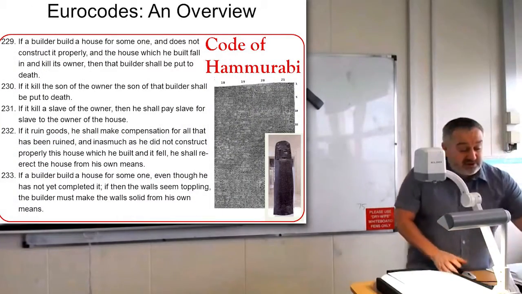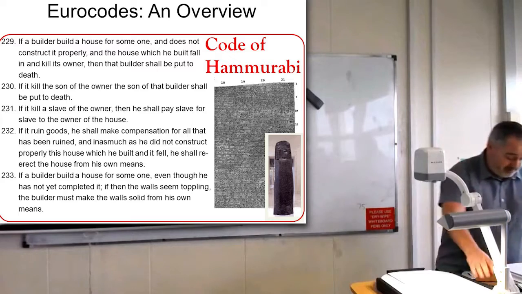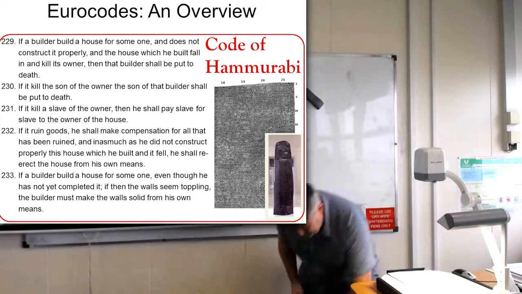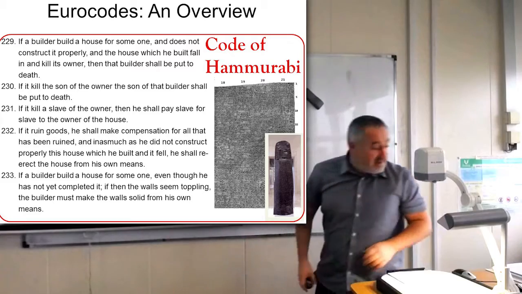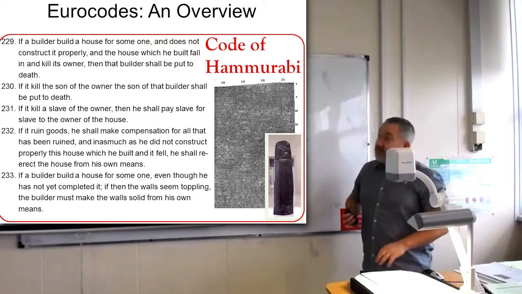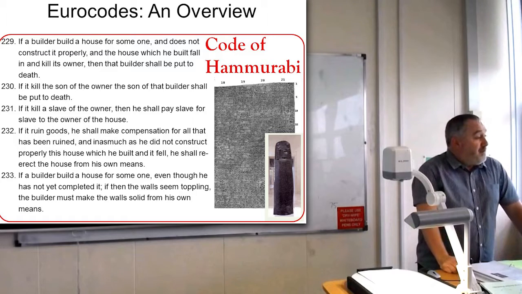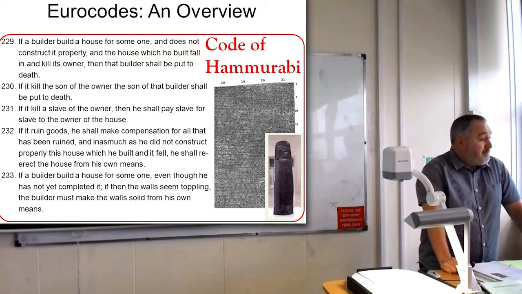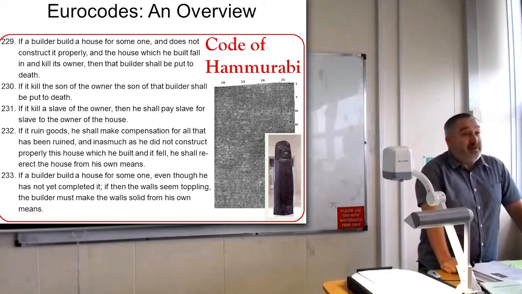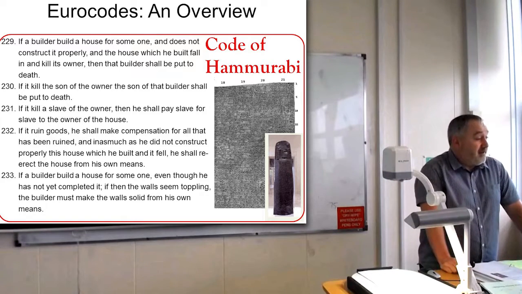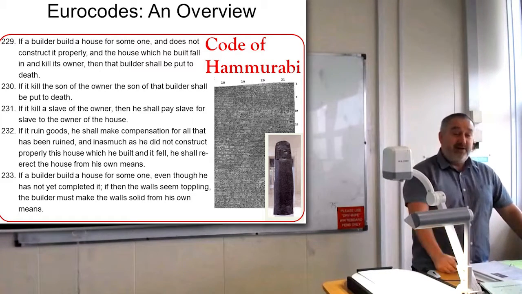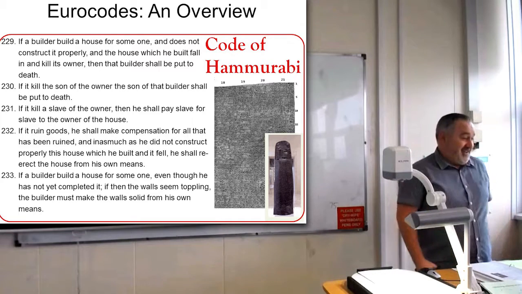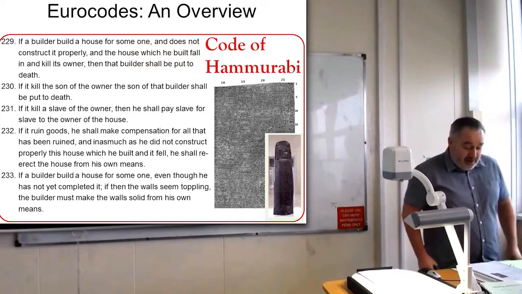In terms of my introduction to this topic, this is the first evidence of structural design that they found. So this is about 2,000 years before the birth of Christ. If you build a house and it falls and kills somebody, then the builder should be put to death. So that would be you? You'd be classed as the designer. Or if it kills the son of the owner, then the son of that builder should be put to death. So if you want to retain your family and slaves, then you've got to make sure that you design your